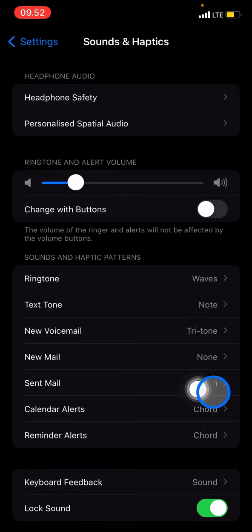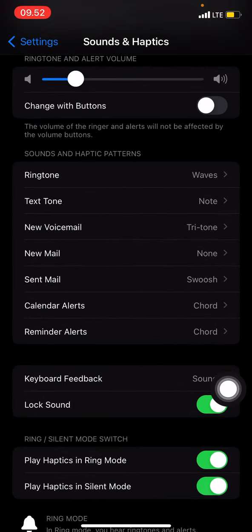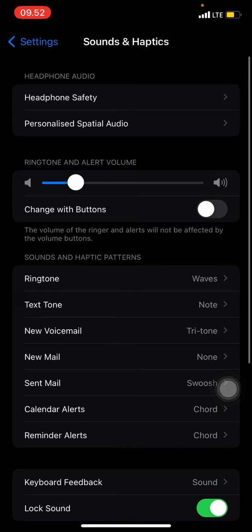Just do all the steps again and choose which sound you want to use for your notifications, ringtones, or sound. So that's the way to set a sound for your phone